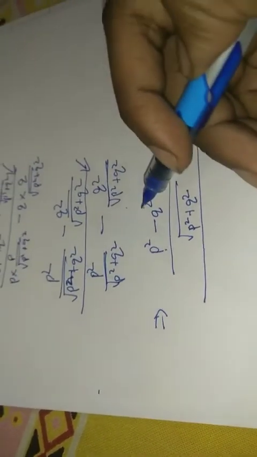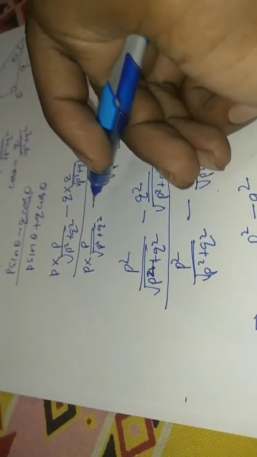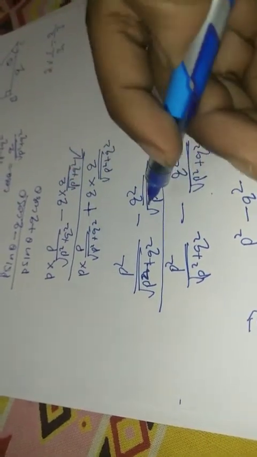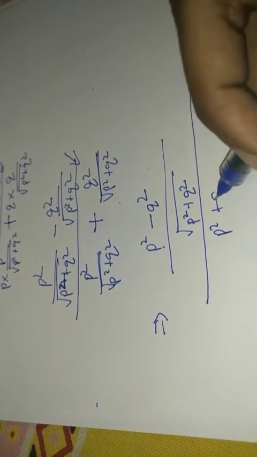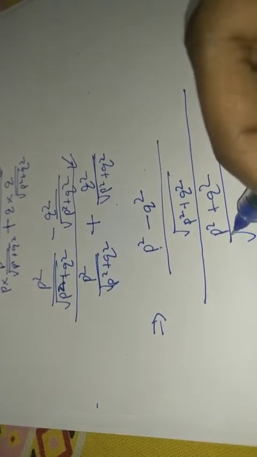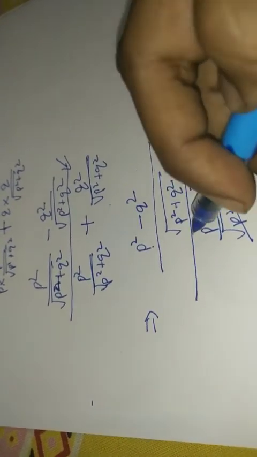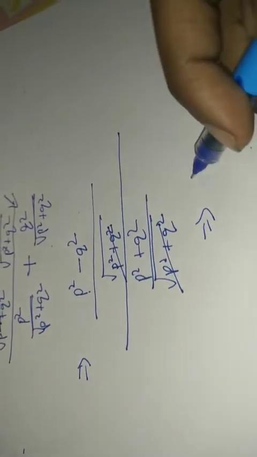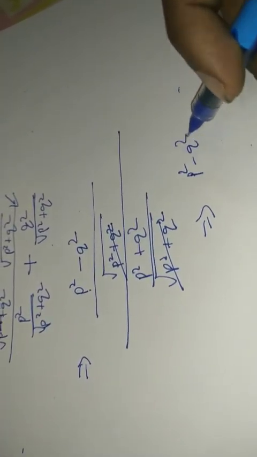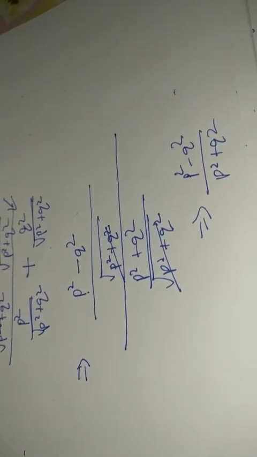And so the denominator is having a plus sign. Alright, let me replace it with a plus sign. So now it will be P square plus Q square upon under root of P square plus Q square. Now this under root and this under root you can straightway cancel out. So let's see what we are going to be left with: P square minus Q square upon P square plus Q square. This is what we are left with. So you can again go through the entire question.